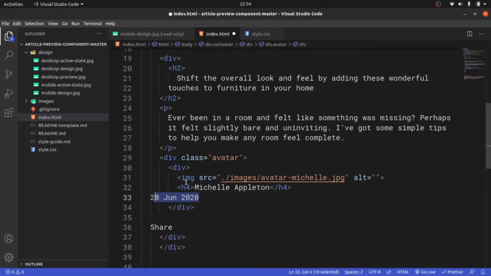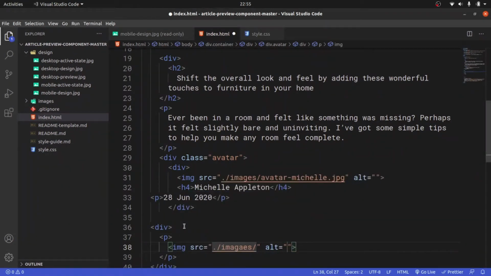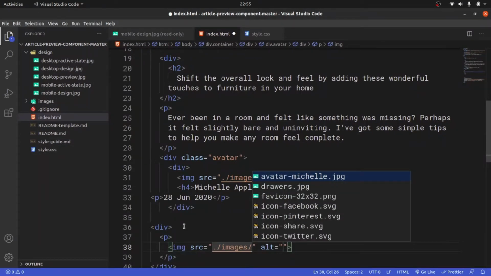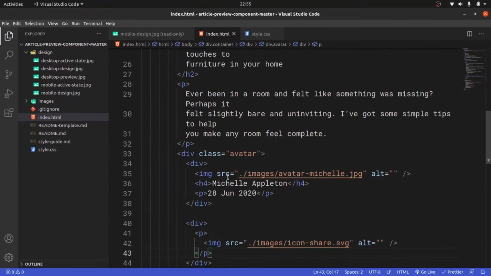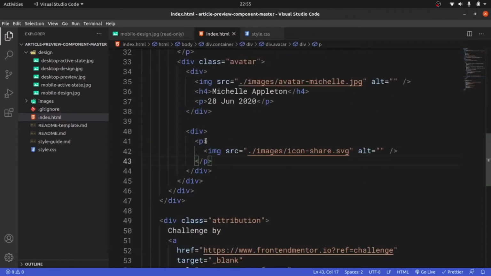I meant to cut it out like so, and then grab this share, place it inside another div, and just say a paragraph, and this is going to have an image that comes from /images/icon-share, like so. So you can have that for now. Let's save that. And then this icon share